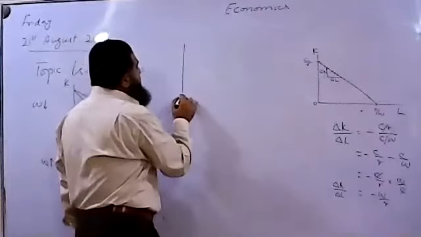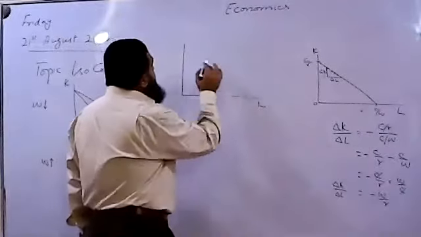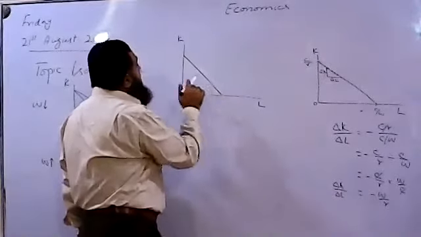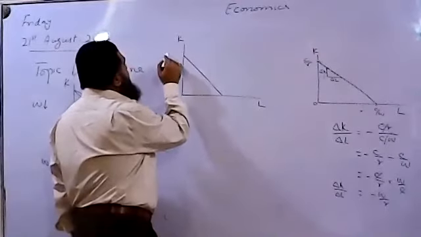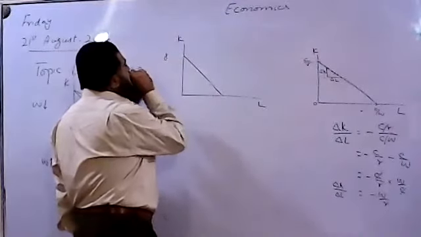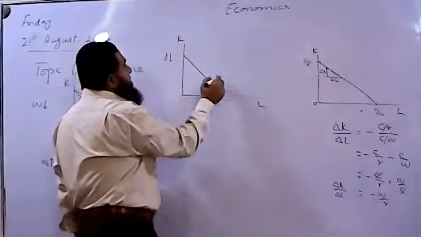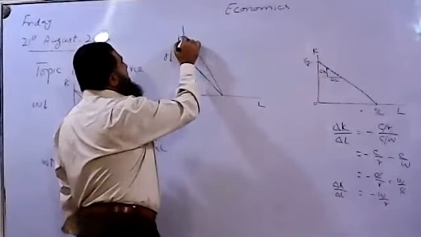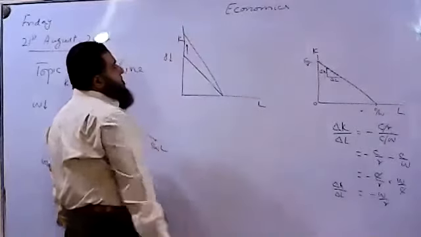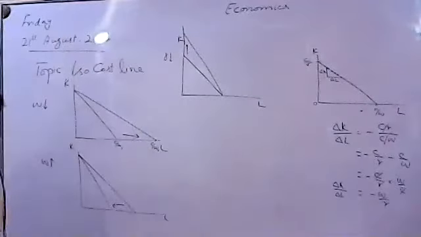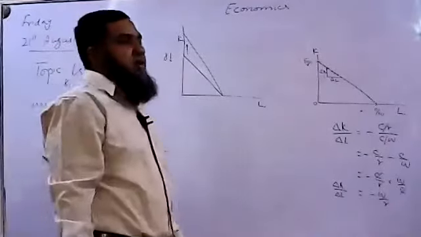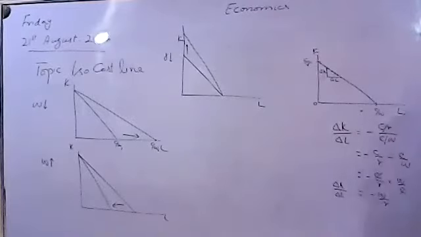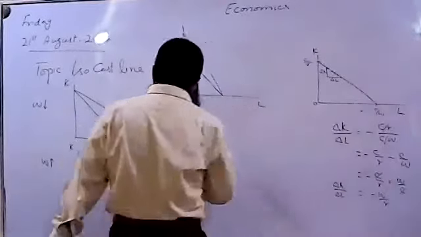See over here, this is labor, this is capital. Now if the rate of interest on capital borrowed is falling, then the isocost line will have a pivotal rightward shift from the vertical side. When the interest rate falls, more capital can be borrowed in order to produce more output. All right. And when the interest rate decreases,